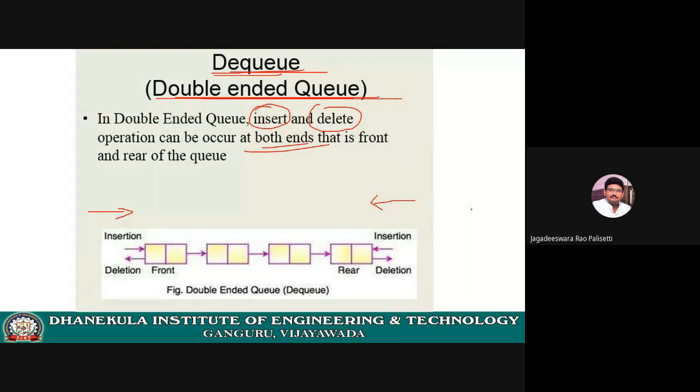Start from 0 and then go 1, 2, 3 like that? No. Okay, you can again go for n-1. At that side also you can insert. Okay, in that direction also you can insert. Both front and rear parallelly can perform the operations of NQ and DQ, means insertion and deletion